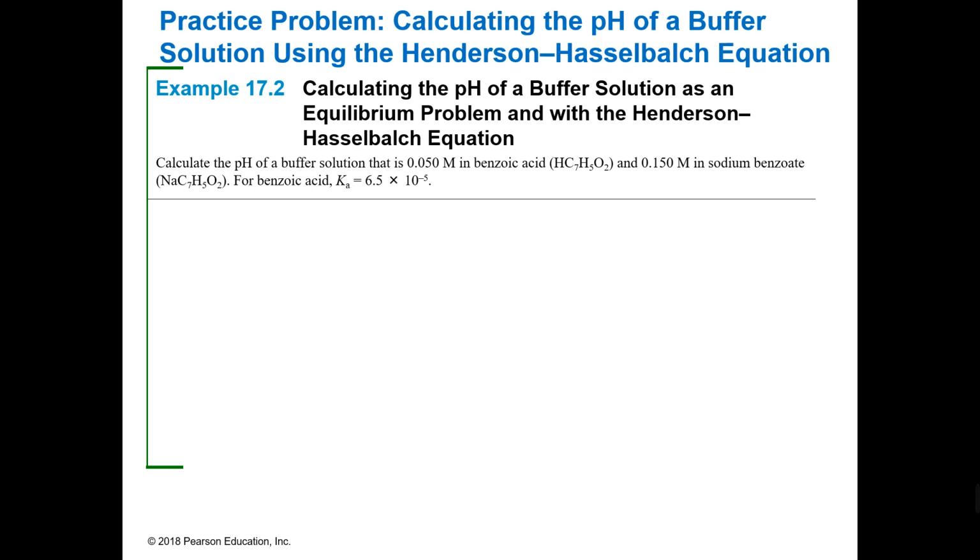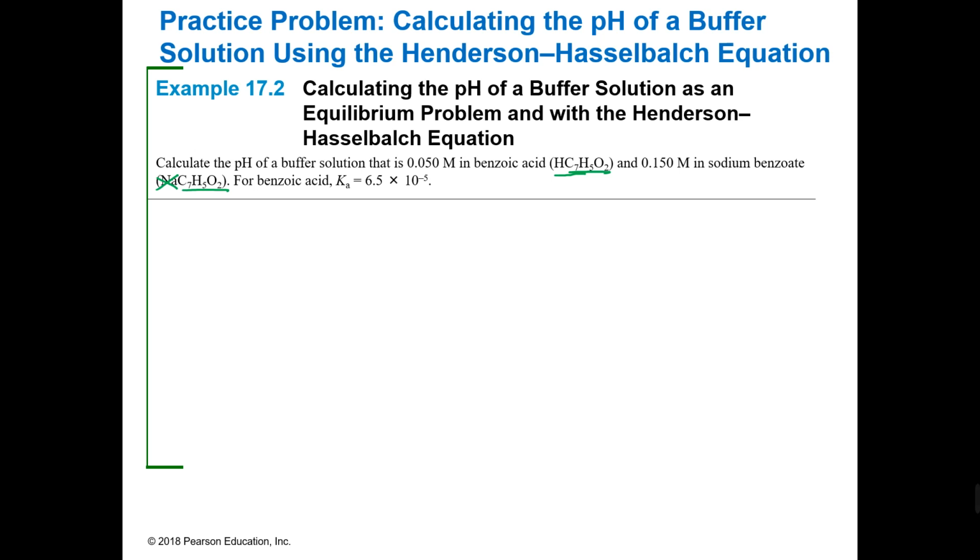So let's look at this. Calculate the pH of a buffer solution that is 0.050 molar in benzoic acid and 0.15 molar in sodium benzoate. So notice we got our benzoic acid right here and the benzoate anion because this will break apart. And remember, sodium doesn't play a role in any of this, because sodium won't neutralize anything. So we're only looking at the key players. You can almost think of sodium as a